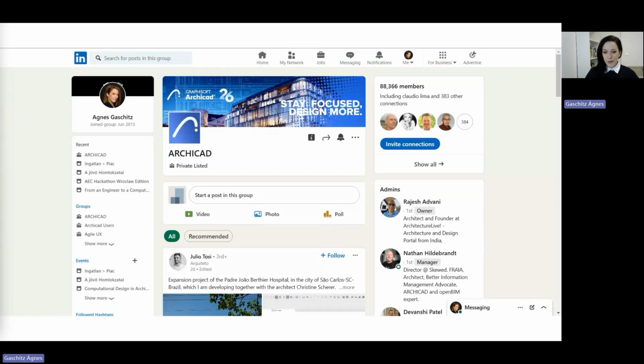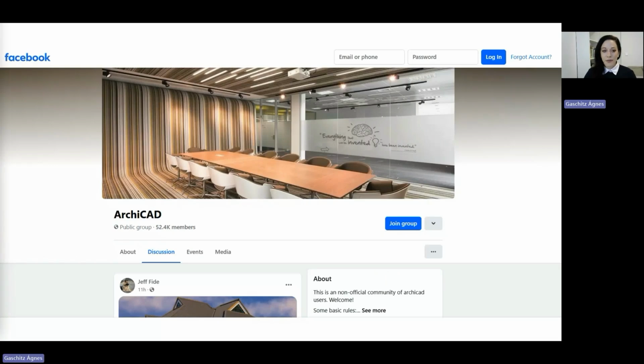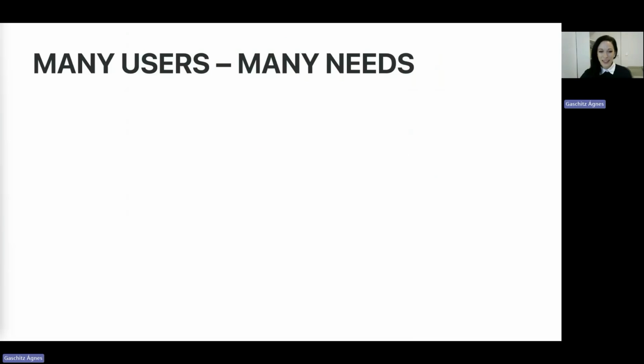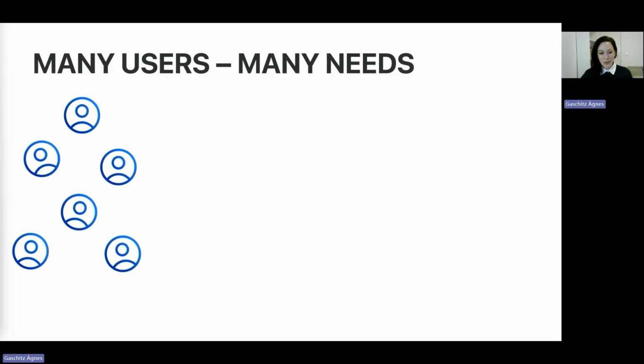So this one is a LinkedIn user group with almost 90,000 Archicad users. This one is one of the many user groups on Facebook with more than 50,000 Archicad users. And the latest news from the community forum is that there are more than 100,000 users there. And that is a significant number of users. And that means that many users, many needs, and just like with pizza, we have different favorite things in our